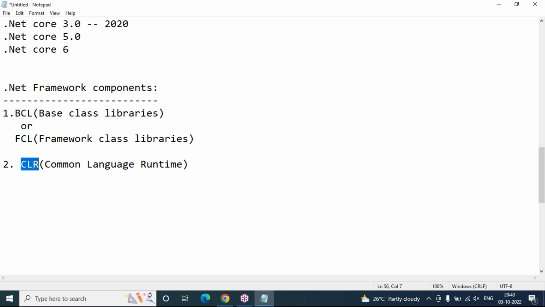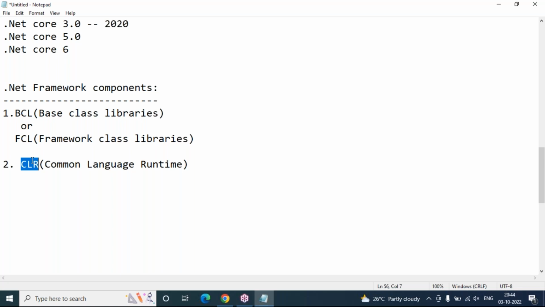For any application development, writing code is important to us. After that, compilation and execution are also very important. For writing code, base class libraries are required, and for execution of the code, CLR is required. These two are the .NET framework components. When we install the .NET software directly, these two come automatically and are supported clearly. So these are very mandatory things. Base class libraries are mandatory.